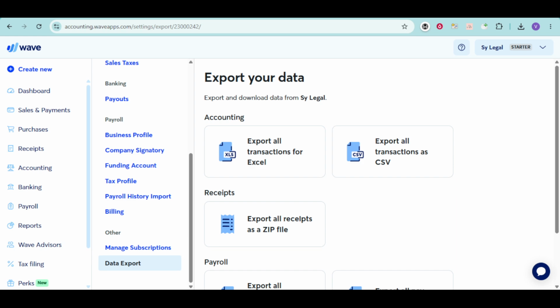If you ever need to restore your information or move it to a different system, you'll have everything you need